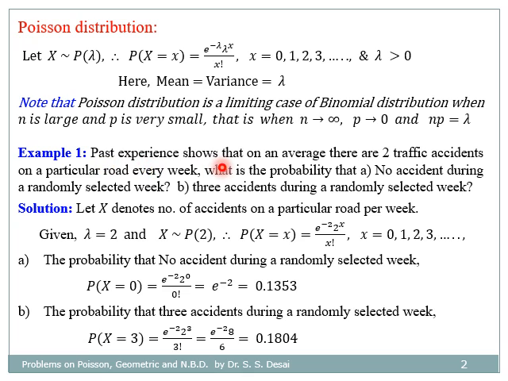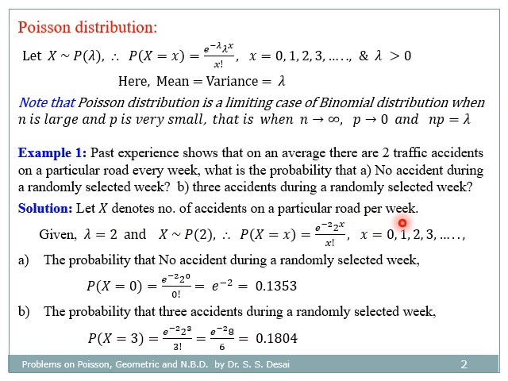The past experience shows that on an average there are 2 traffic accidents on a particular road every week. What is the probability that, first bit, no accident during a randomly selected week, and second bit, 3 accidents during a randomly selected week? Now for the solution, let X denote the number of accidents on a particular